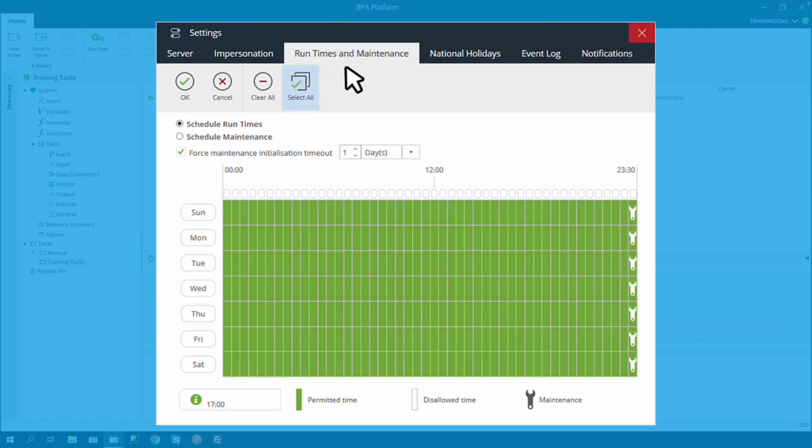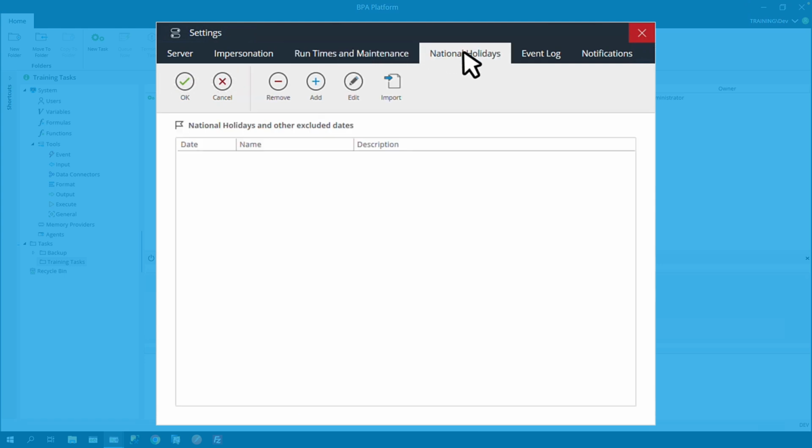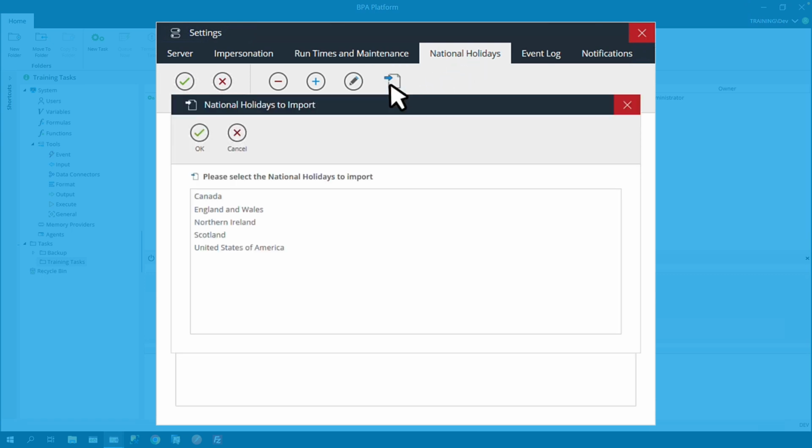Moving on to the National Holidays tab, BPA Platform supports national holidays for Canada, England and Wales, Northern Ireland, Scotland, and the USA. You can, however, create your own as required. Use the Import button to load a supplied national holiday, select the desired region, and click OK.